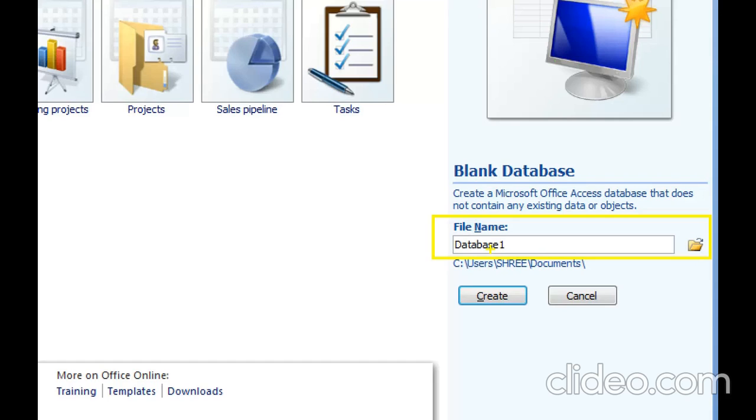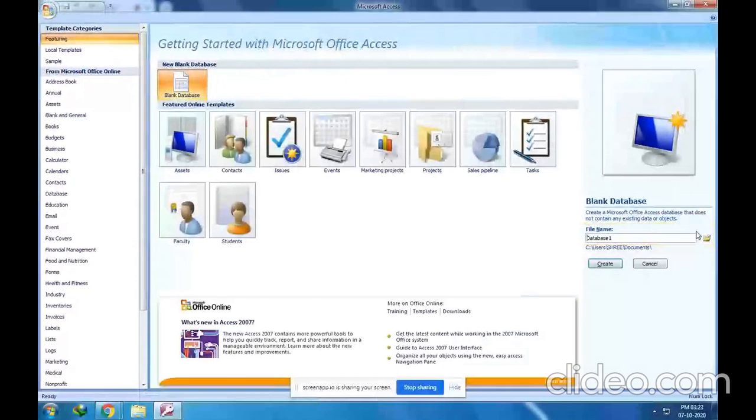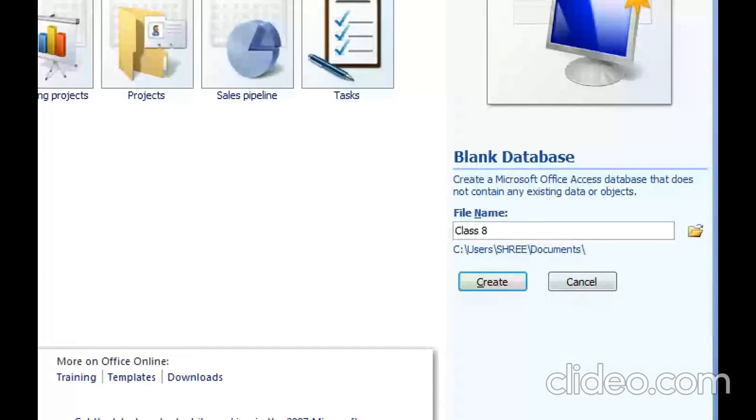So I will give the name of the database as class 8, and you can see here is the folder icon. If you want to save this file at a particular location, then click on this folder icon. So I am doing the same.